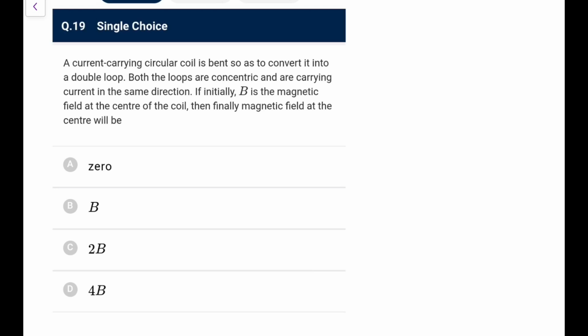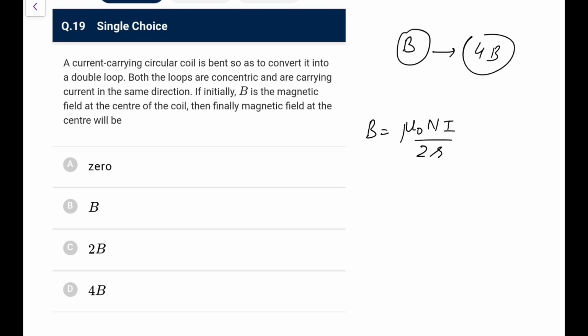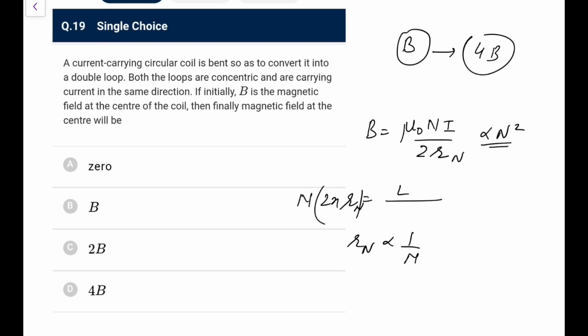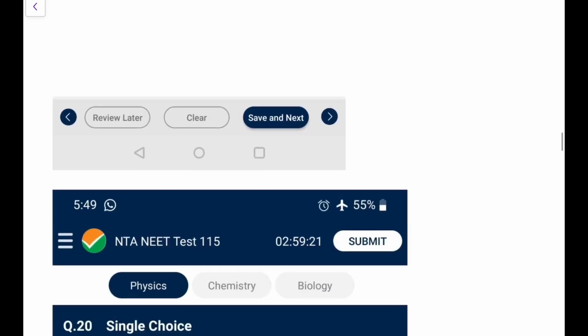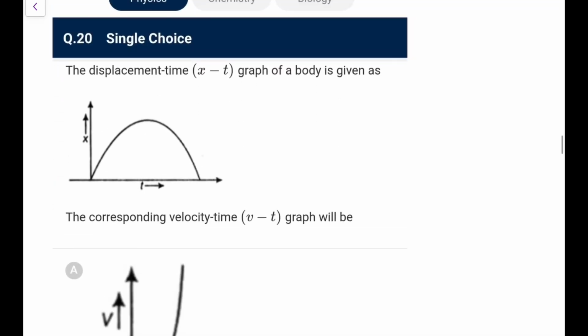So what we have, due to the initial one, it would be B. Then the final magnetic field would be, because of the double turn, the field will become 4 times B, because you directly remember in those cases the field is directly proportional to N square. How do you write it? We know the formula of the field at center is mu naught Ni by 2R, and the radius you write as total length upon number of turns, let's say N. So total length would be N into 2 pi Rn, the radius in the nth one. So the radius in the nth one is inverse to N, so it basically comes out as proportional to N square. That we have done many times. So go for 4B, the magnetic moment becomes half, and this will become 4 times.